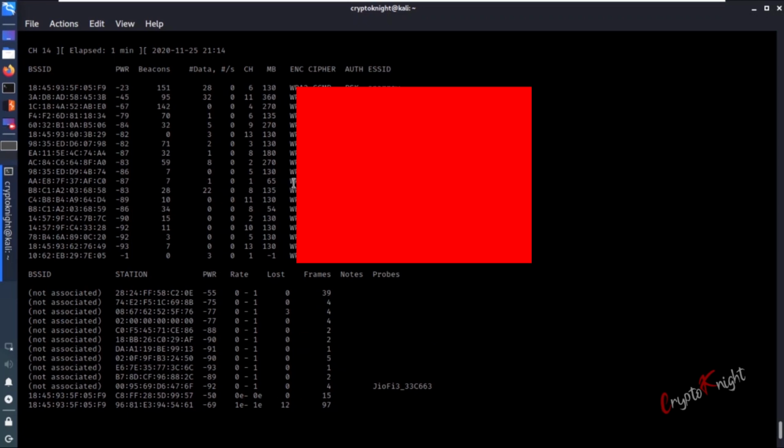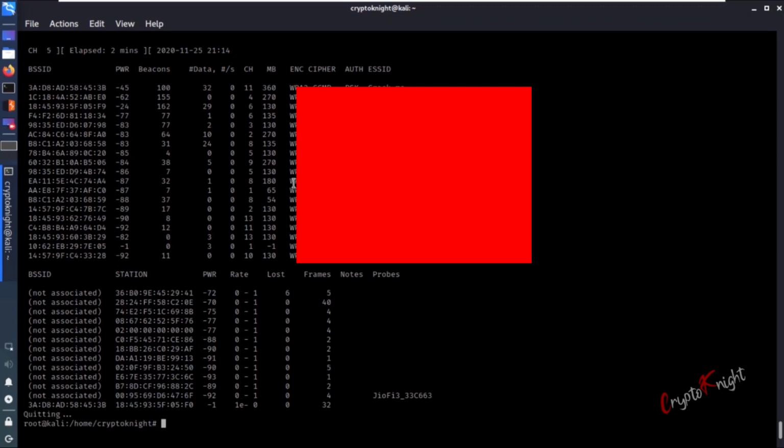Now you have to decide which target you want to attack. Obviously you have to attack your own Wi-Fi for demonstration purposes. Don't attack your neighbor's Wi-Fi, else you might get in trouble. So press Ctrl+C, and I'll be attacking the first one, that is crackme, and copy its BSSID. Let's open another terminal.